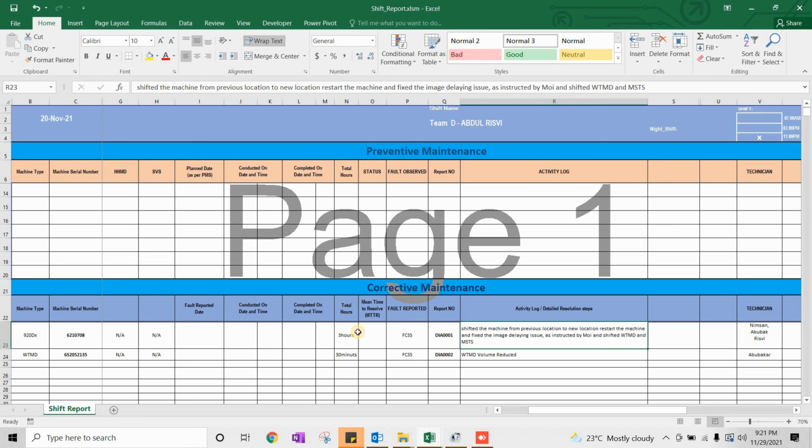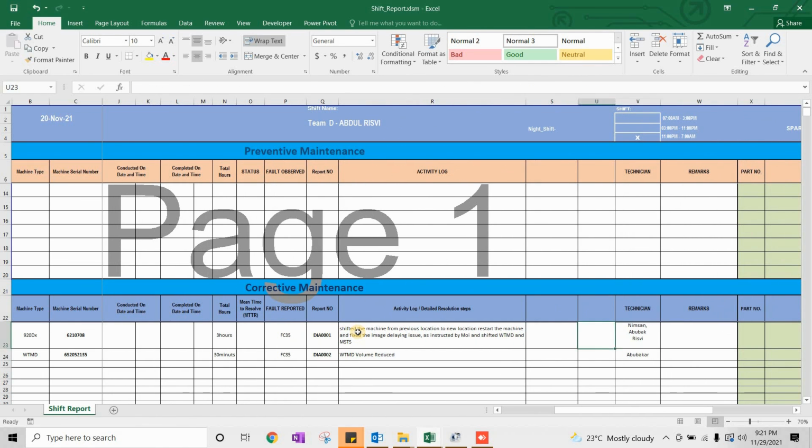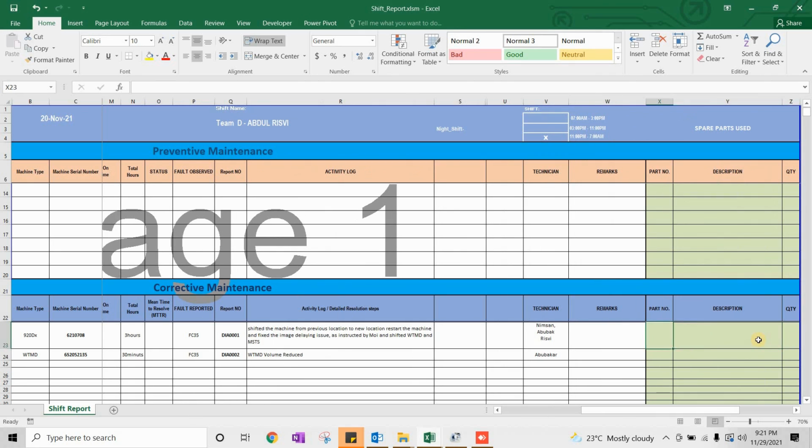For the activity log for CMs as well, try to mention a detailed description, so that it will be easier to understand what actually the guys have done to resolve the issue. It should be clear. Then we have technician's name. Then we have remarks, same for this, if we want to mention any additional serial numbers or any additional comments. And then after that there is part number, description, and quantity, which will be there if there are any replacements.